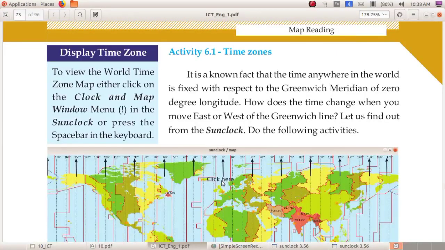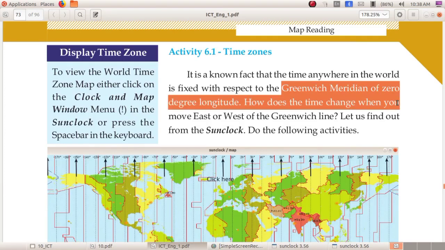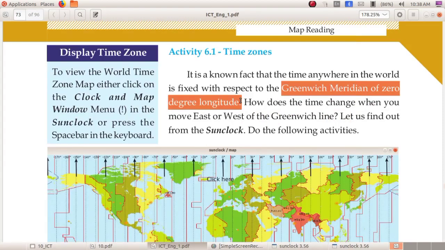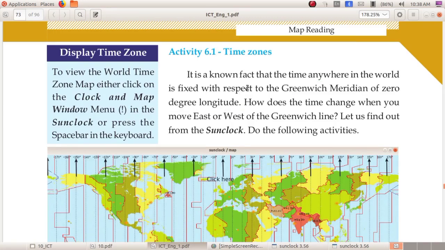It is a known fact that the time anywhere in the world is fixed with respect to the Greenwich meridian of 0° longitude. You have studied the concepts of Greenwich, equator, latitude, longitude, etc. So how does the time change when you move east or west of the Greenwich line?